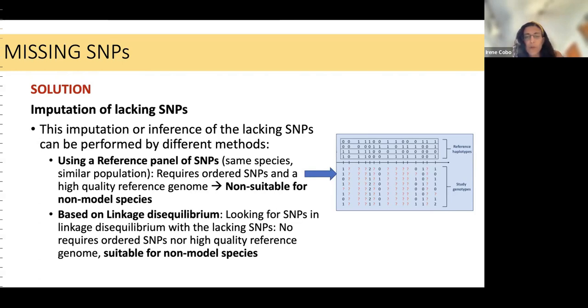But this approach is not suitable for non-model species because it requires a high quality reference genome, and it is not always available for non-model species. For model species, yes, but not for non-model species. And one of the objectives of CartograPlant is to provide tools for non-model species as well, not only for model species, which is one of the main gaps that we have nowadays in the majority of plant molecular databases. So in order to fill this gap, we are providing a